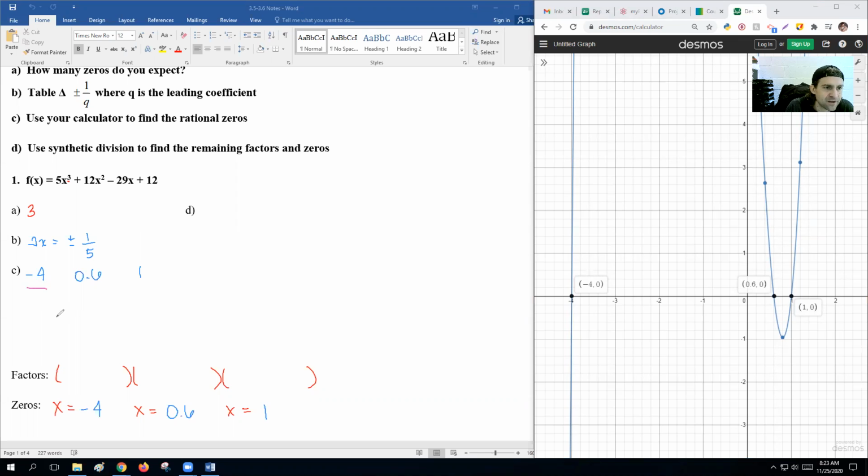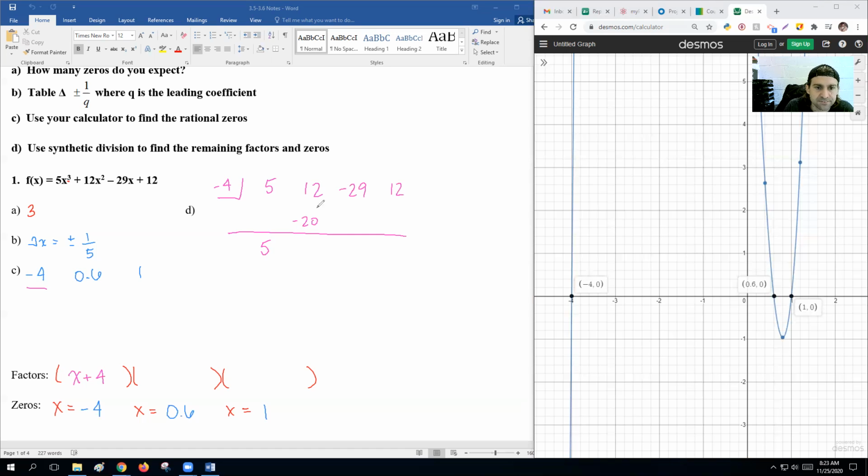So if -4 is a real zero, that means x plus 4 is a factor. What that also means is we can divide our expression using synthetic division of -4. So we can do 5, and then 12, and then -29, and then 12. So just to prove this here, if I synthetically divide this expression by -4, we drop down the 5. 5 times